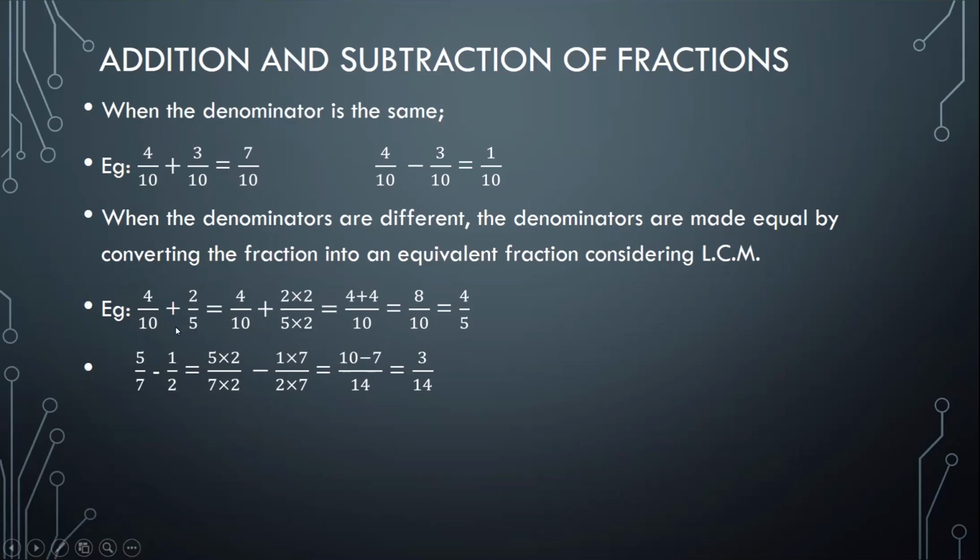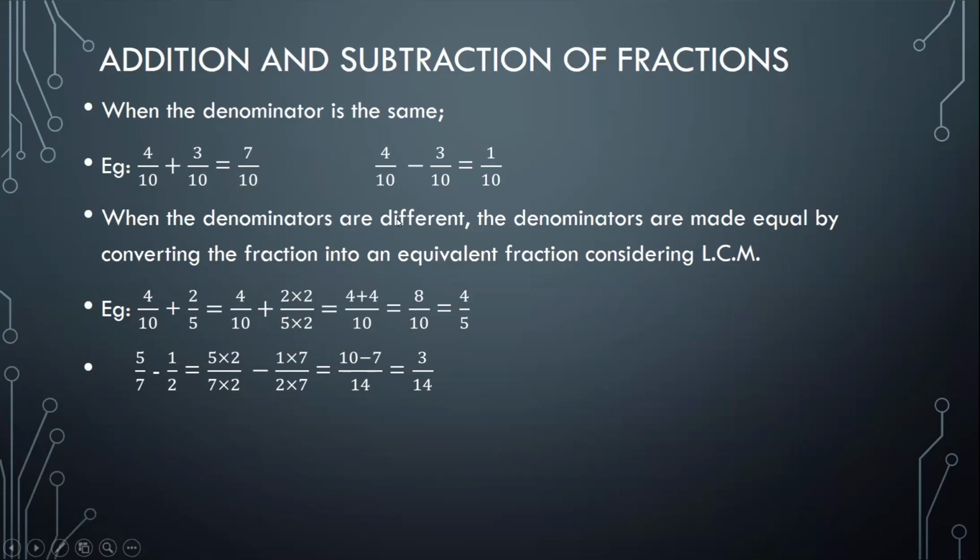Okay, so for example, if you take 5 and 10, the least common multiple of 5 and 10 is 10. So you have to convert the denominators of both fractions to 10. The first fraction already has 10, so I have converted the second fraction's denominator into 10. You have to multiply 5 by 2. If you do something for the denominator, you definitely have to do it for the numerator as well. So 5 times 2, and the numerator is also 2 times 2, so I get 4 by 10. Then you can do it as in the earlier case.